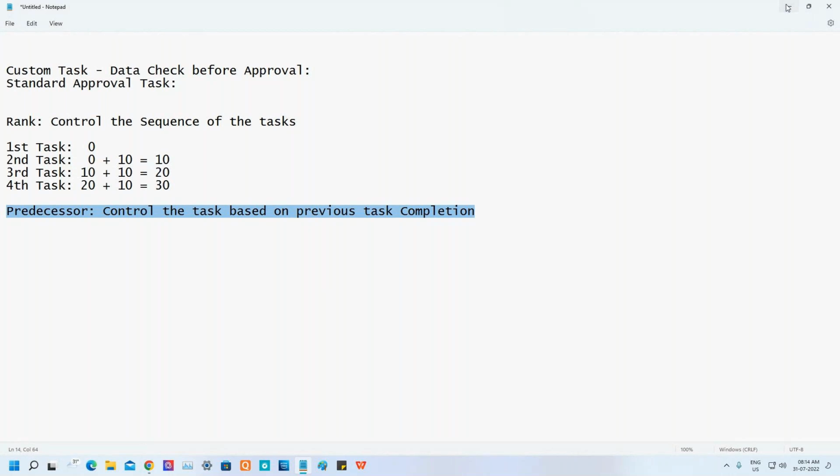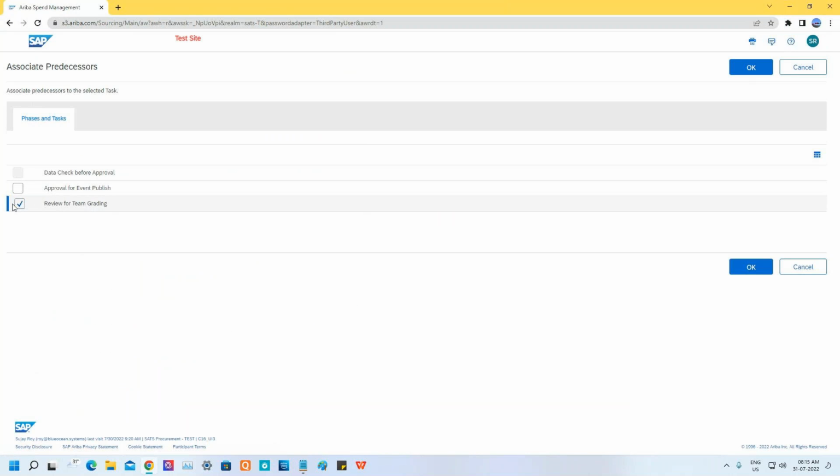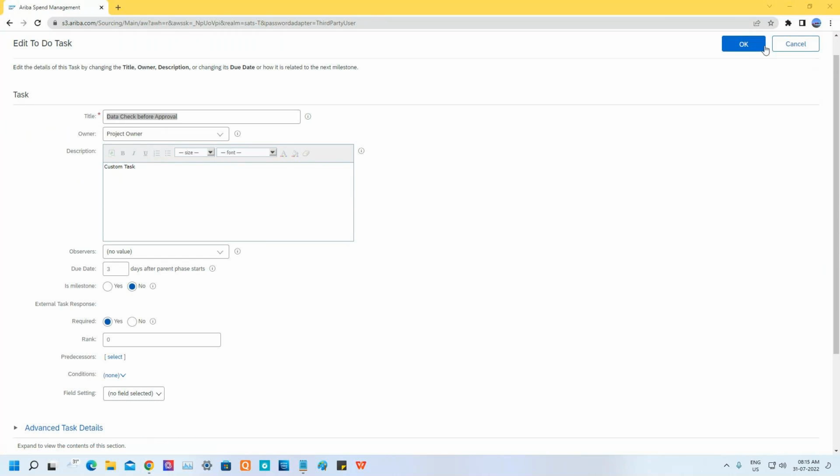There can be a number of tasks. You cannot just say there will be 4 tasks or 5 tasks. There can be a number of tasks. It depends on the